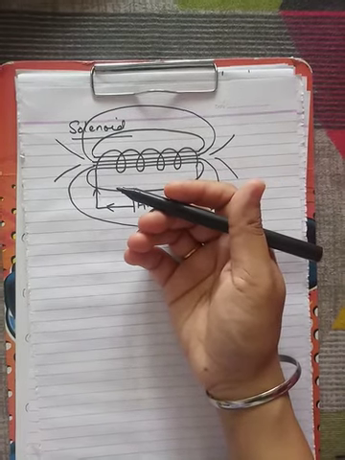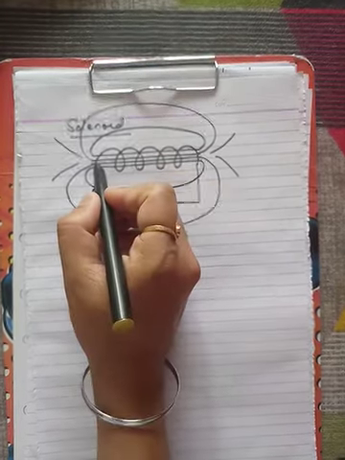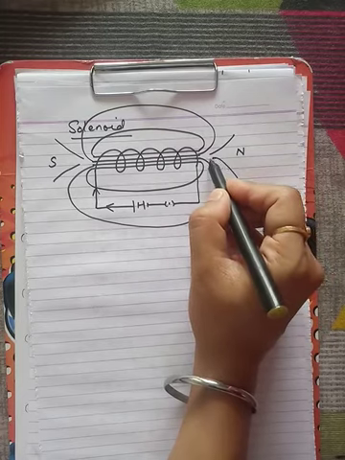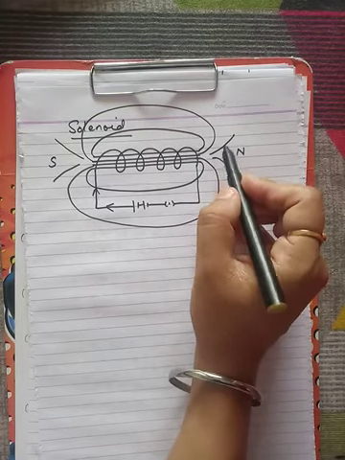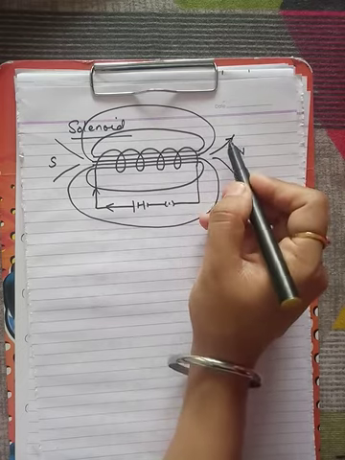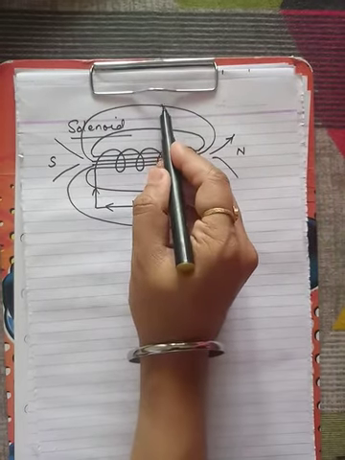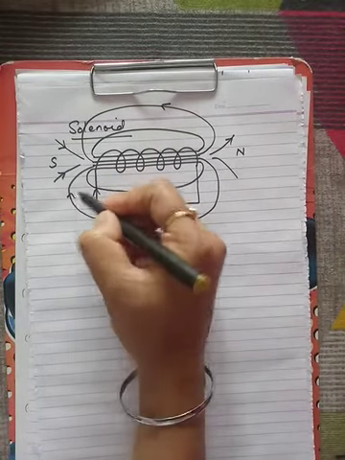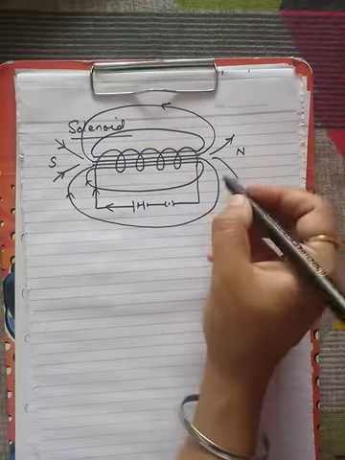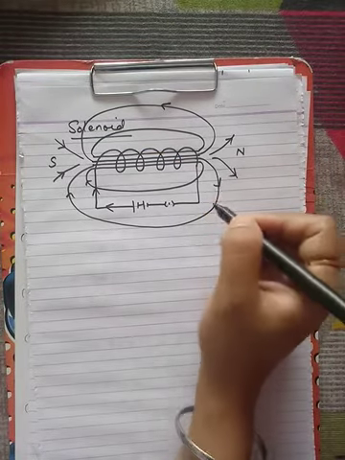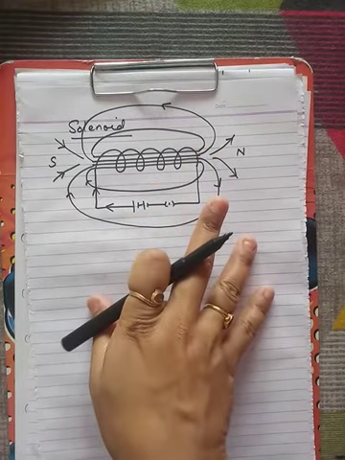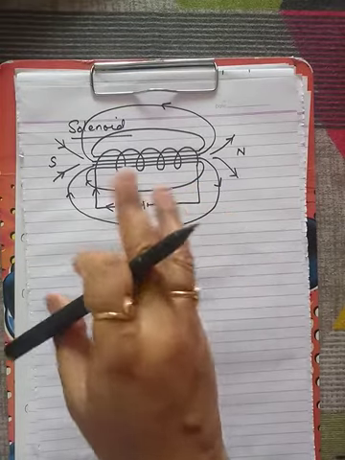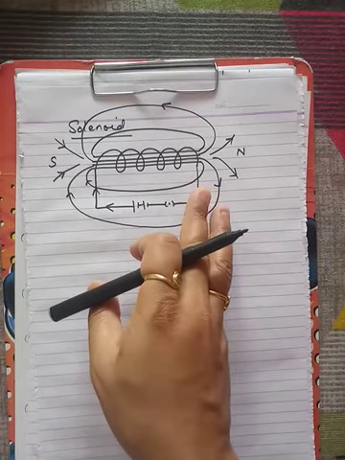So according to clock face rule, this side was having south pole and this side was having north pole, and from the north pole always we know that magnetic field lines are coming out, so the direction will be like this and like this, and towards the south pole the direction is coming like this for everything. Okay, so it is like this. So direction of magnetic field lines we got to know in this case like this. Okay, so this is how you will draw always, and you will find out the magnetic field line direction.